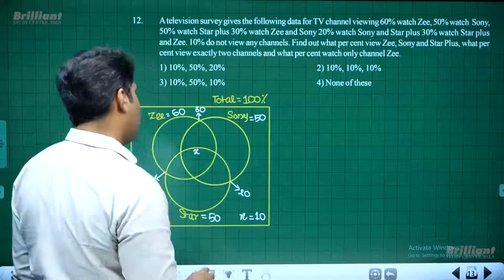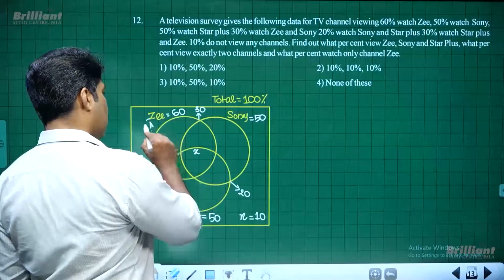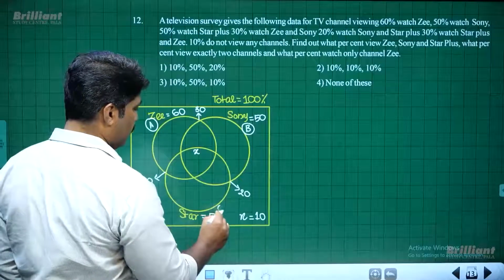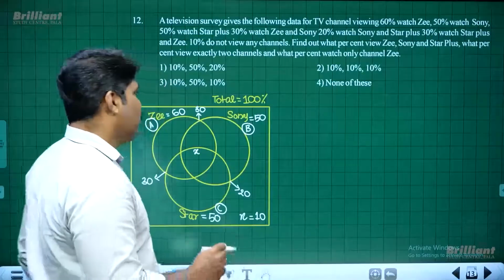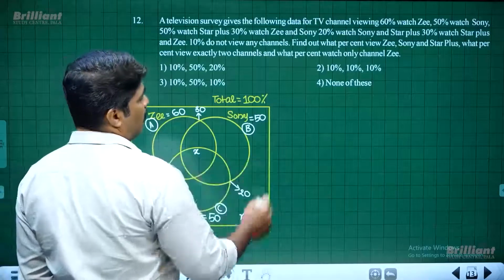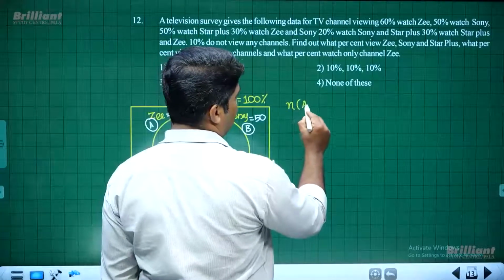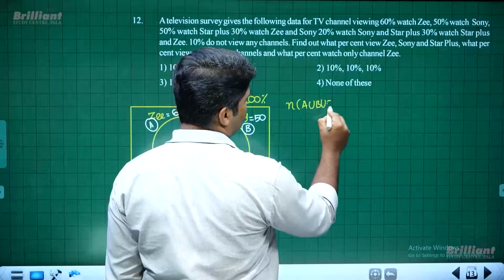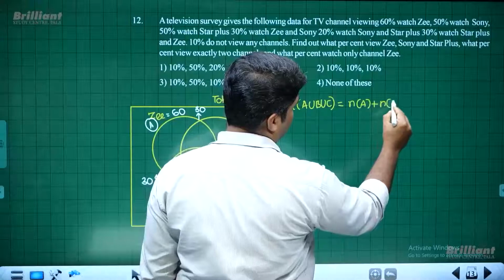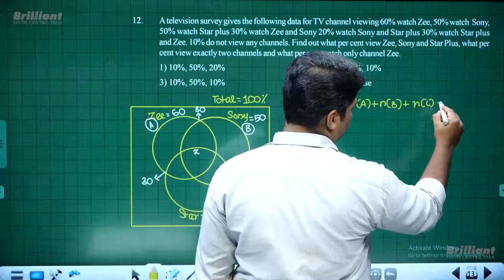Suppose I am naming this set A, this is set B, and this is set C. Here we consider the basic result of three Venn diagrams: number of A union B union C is equal to number of A plus number of B plus number of C minus